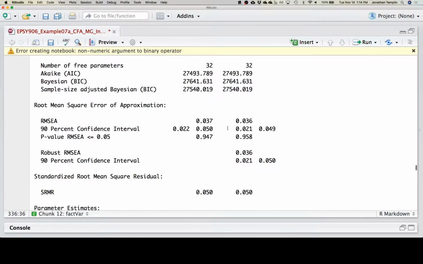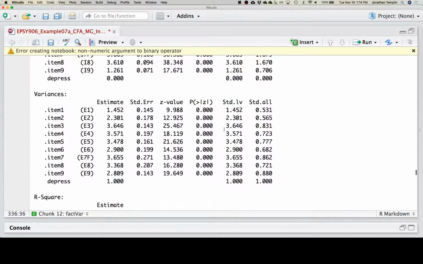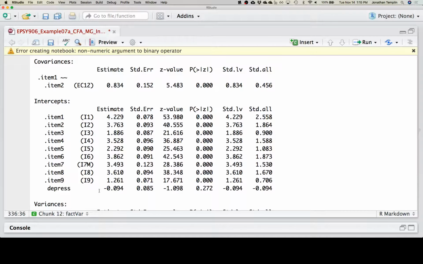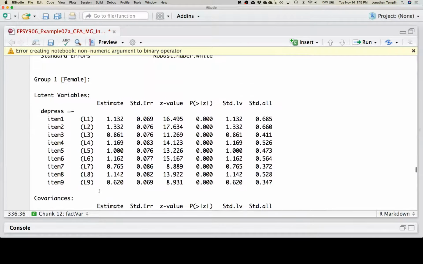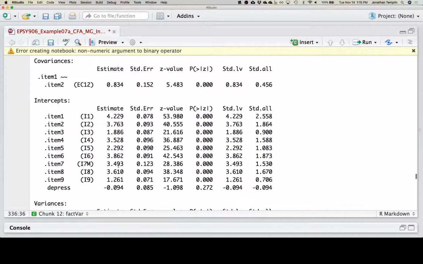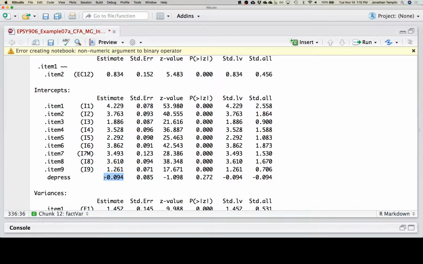If I look at the output here, the variance for female is 1, the variance for male is 1. We saw this with the likelihood ratio test. This model fit the same. Let's take a look at the means. The mean for female is 0. The mean for male was estimated at -0.9094. But here, the test is already included. There's your p-value that you need to look at. So it's telling us here that males and females do not differ with respect to this factor. And there's the anticlimactic ending of this study.